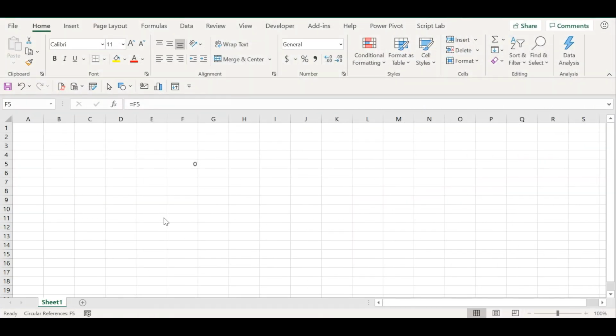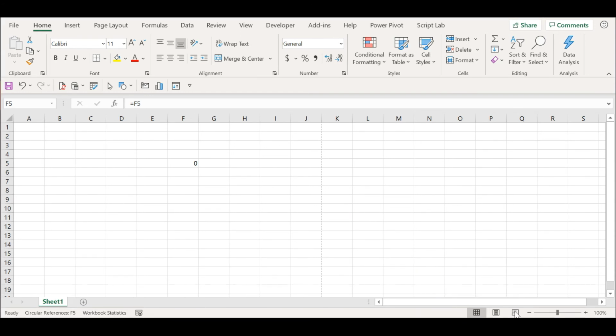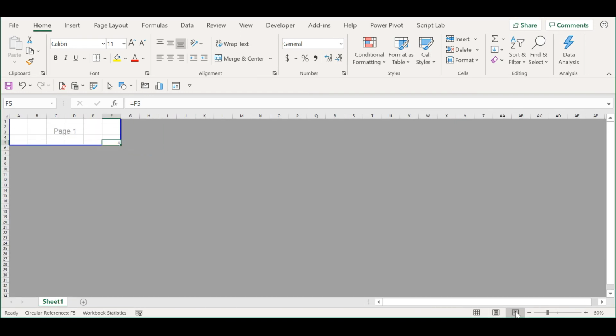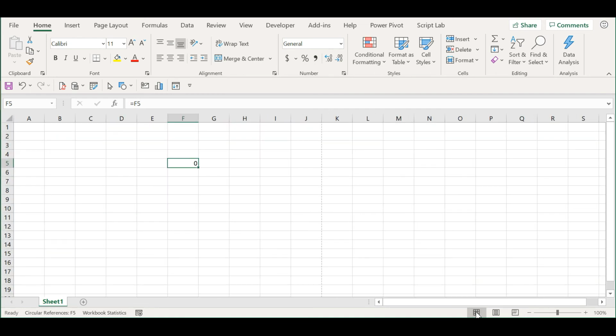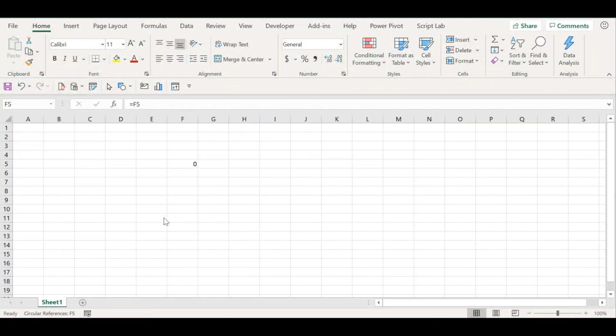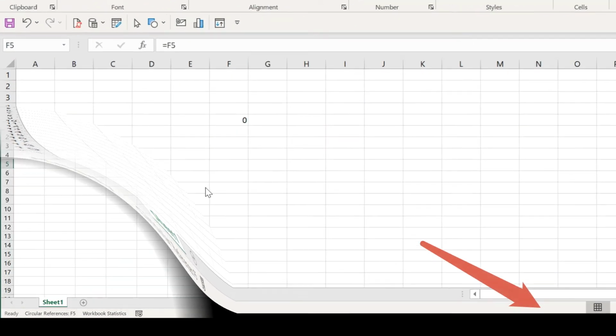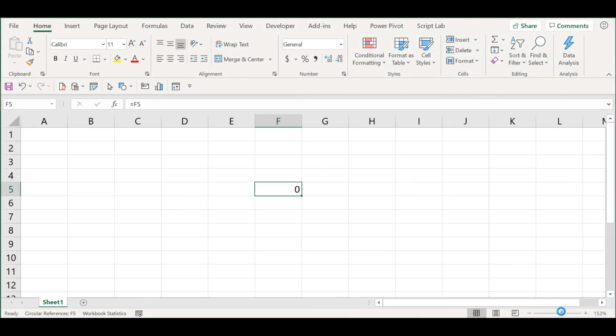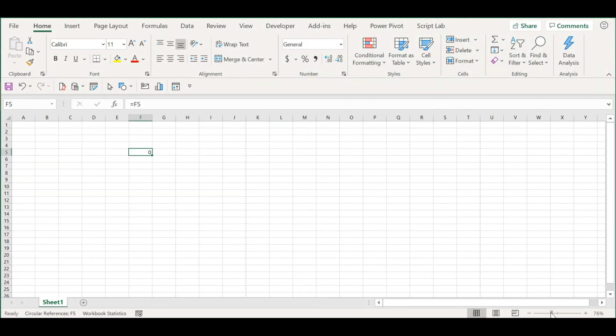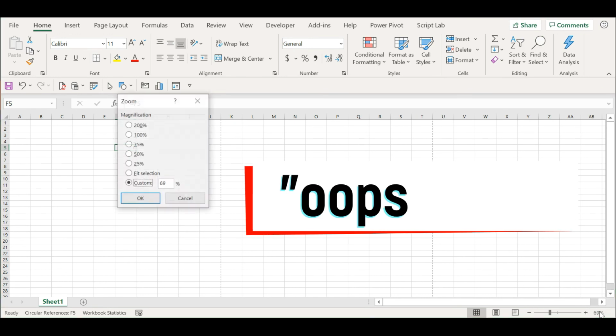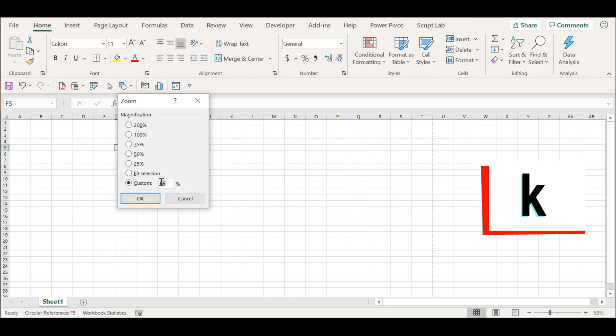Towards the right side of the status bar are 3 buttons to show the page views. Click the page break view to adjust your print area. Click back to normal view. Towards further right, there is the zoom button. You can drag the slider to increase or decrease the zoom. You can also double click the zoom number to get a list of some zoom presets. And you can also type the zoom number in the box provided there.